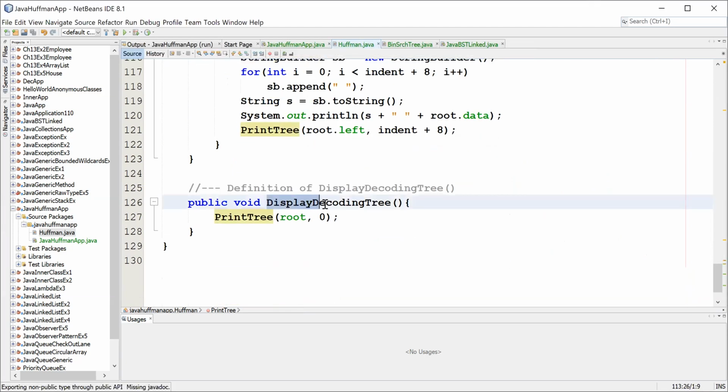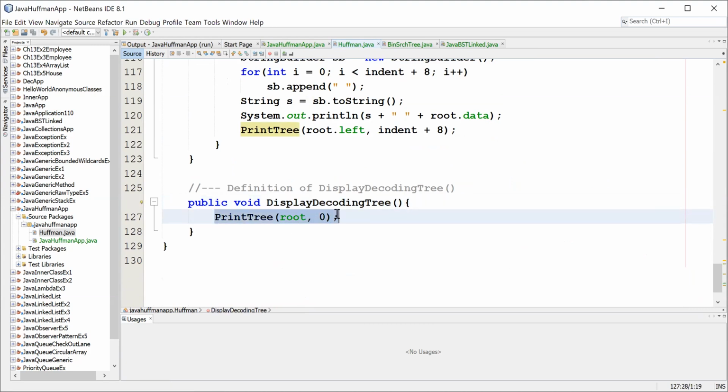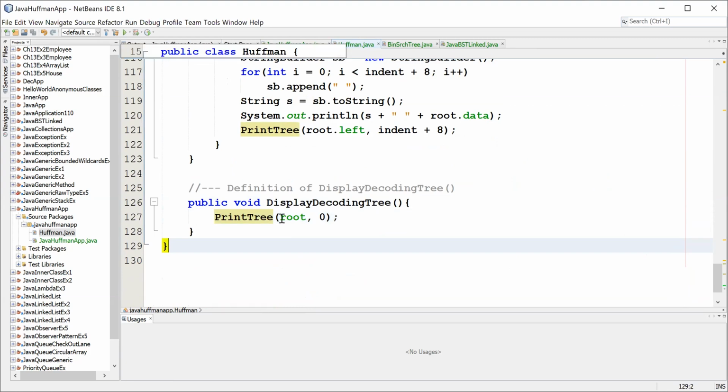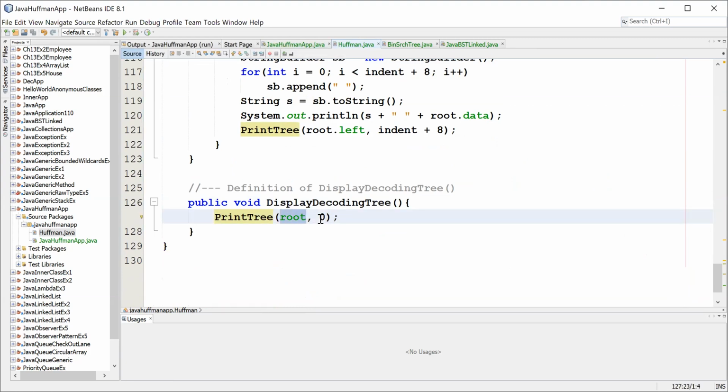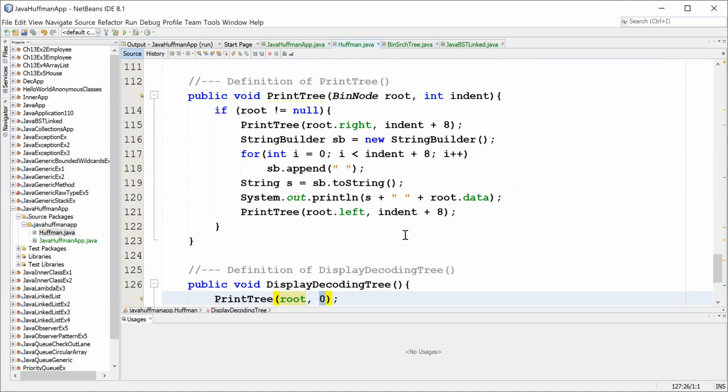And then you need to have another method. Within the method, you call the recursive function and plug in the root node, and specify the indent. We start at 0, and it will keep accumulating. So that's the idea about